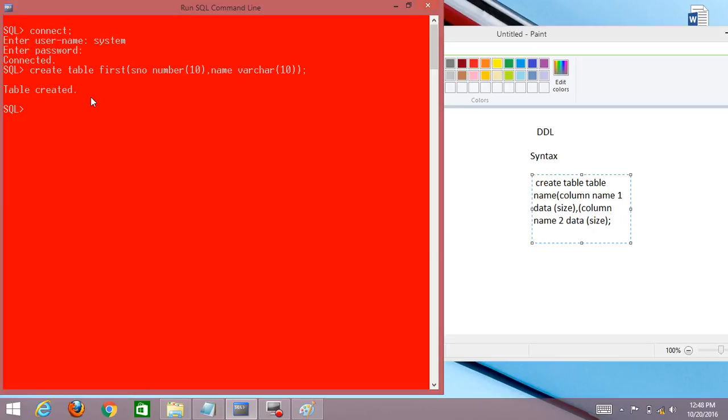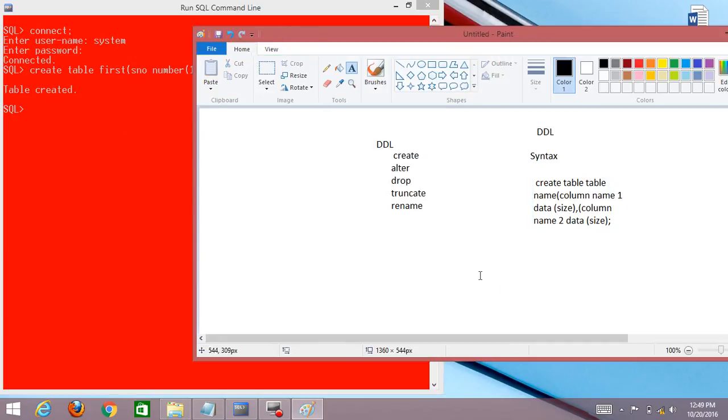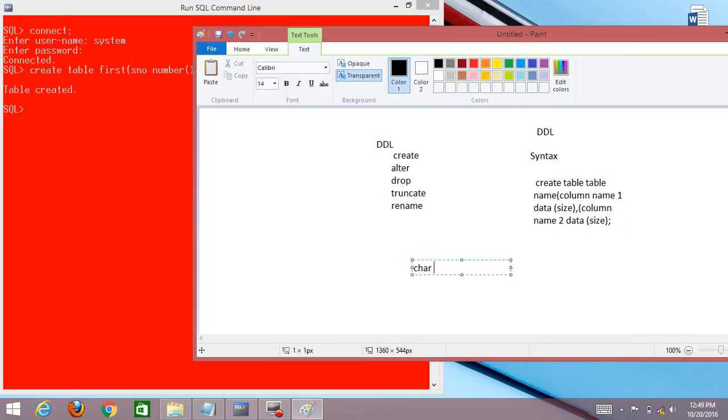Simply, if you use the char function, no problem, it is only for character values. But char is used to store fixed length alphanumeric data, with a maximum limit size of 2000 bytes.